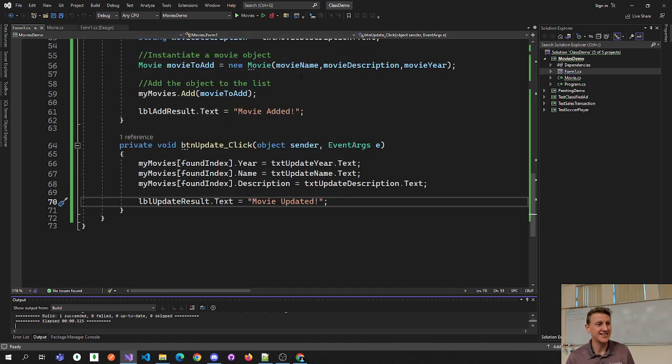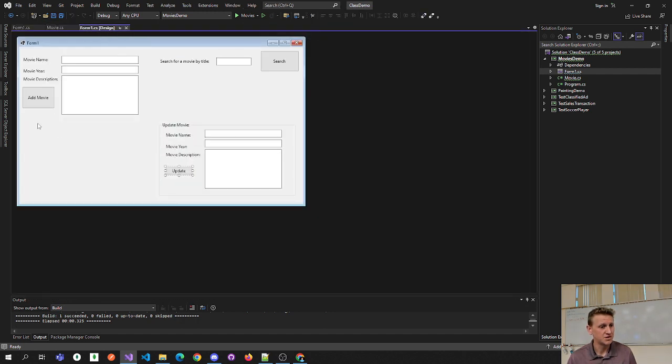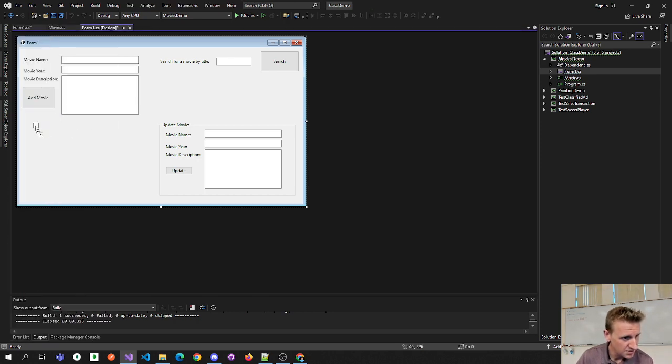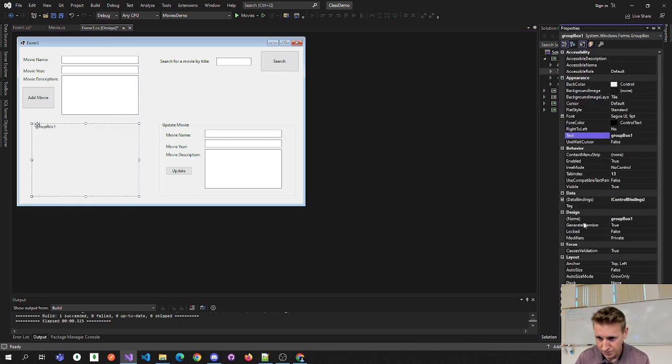Last operation is delete. So of course we'll put delete in the lower left. And kind of the same thing. We'll search for it first, find the movie that we want to delete, and then delete it. So toolbox, group box, group delete,